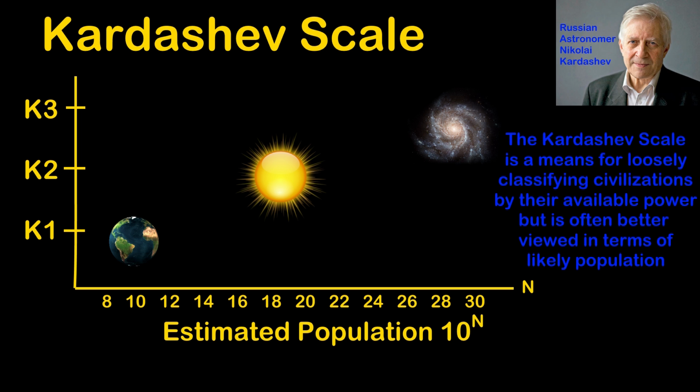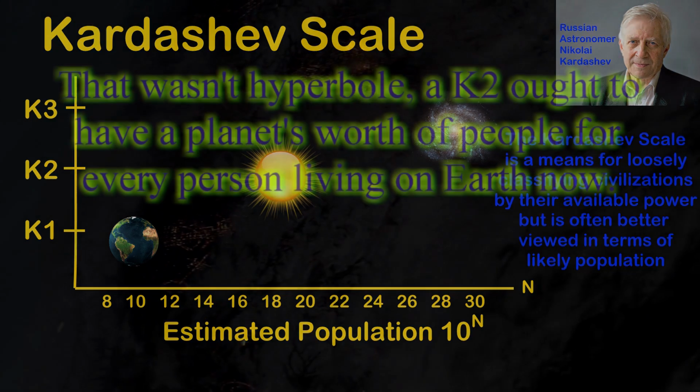We would rate as about a 0.8 or 0.9 on that scale, and if we used all our planet's energy, we would be a 1. If we used our whole sun's energy, like with a Dyson sphere, we'd be a 2, and using a whole galaxy's power output gets you a 3. A Kardashev 2 or K2 civilization, even with just our level of tech, could easily build a transmitter that you could pick up on your car radio and could churn out 1 trillion satellites like a G20 country could produce a box of pencils.